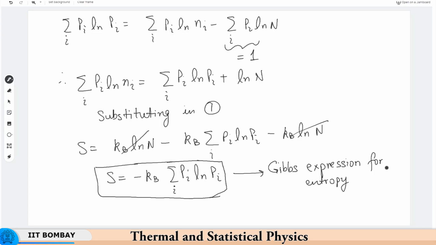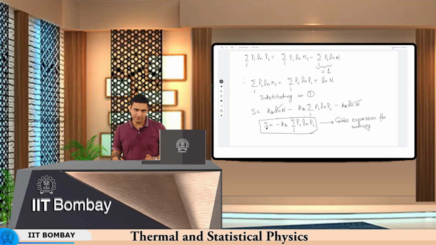And you can see that there is a negative sign, which might sound confusing to begin with. As you know, entropy can never be negative, but remember there is a quantity like log of Pi, and Pi's are probabilities which are always less than 1. So log of Pi is itself a negative quantity. To counter that, this negative sign naturally arises here.